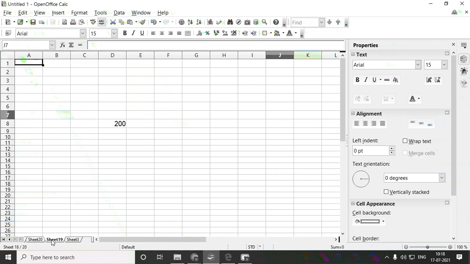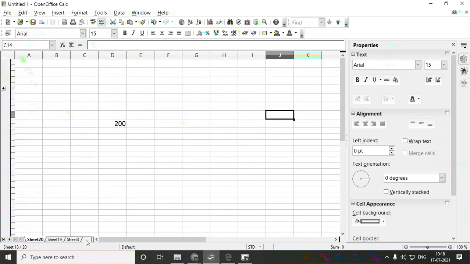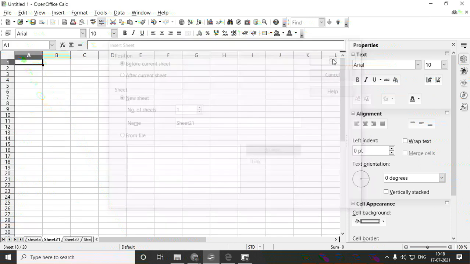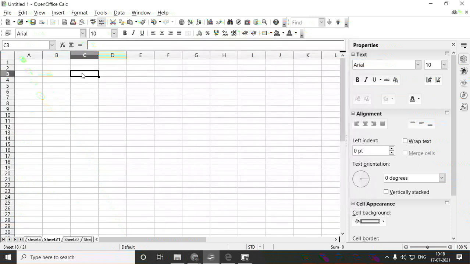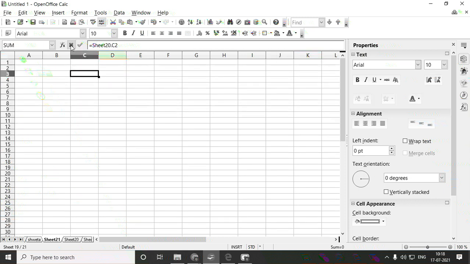Then in one more new sheet, I'll write the equal to sign. Now I'll go to the previous sheet, that is sheet 20 and 21. Here it is changing because the escape button is already present. Just close this button.